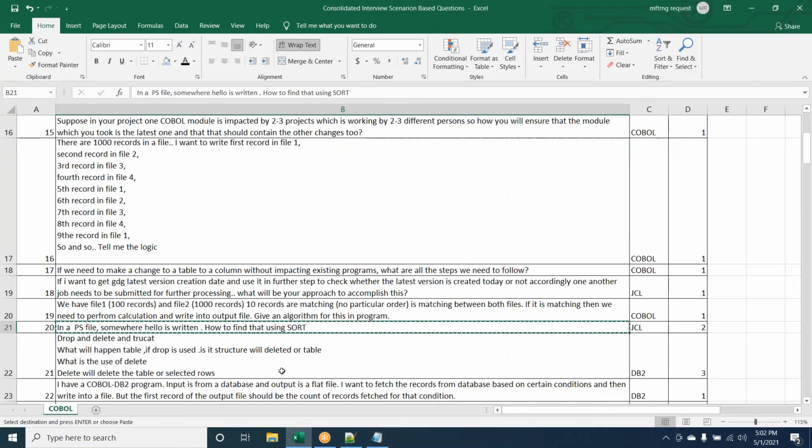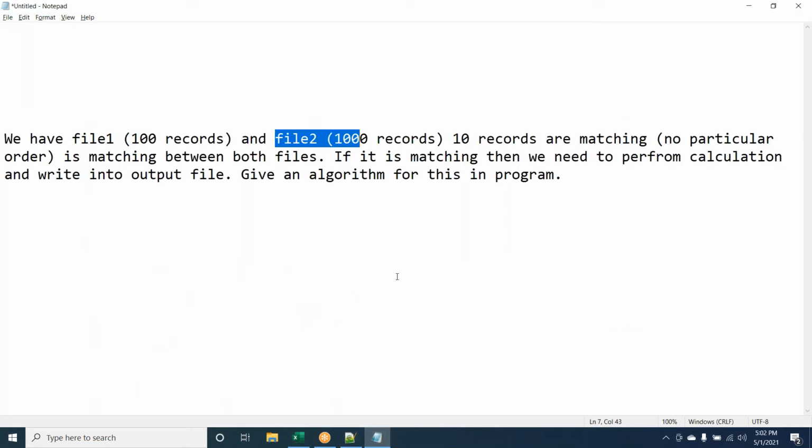It will take a long time. That is what I said. We need to use a subscript and an OCCURS clause table, an internal table for that. No, actually, file matching logic is better. We need to use an internal search table. Search all will do a binary search, it doesn't do a sequential search, right? Search all cannot be used, I think.